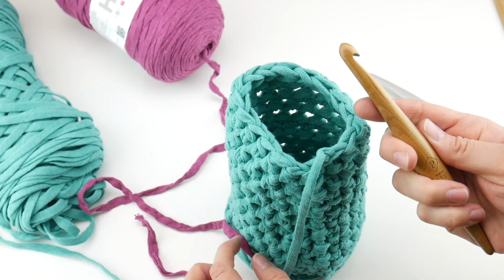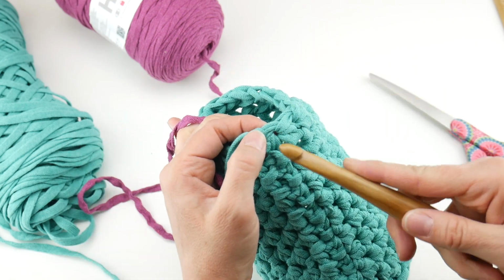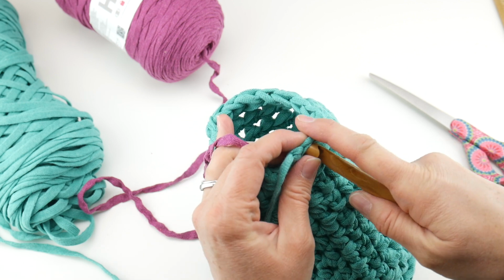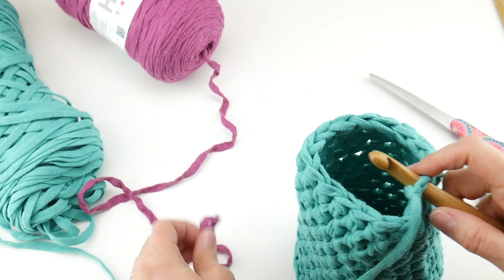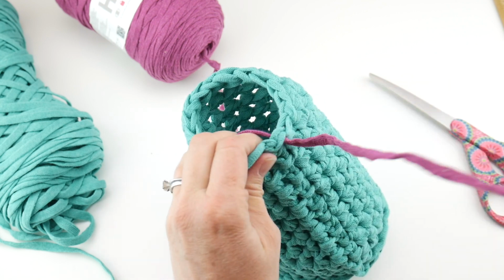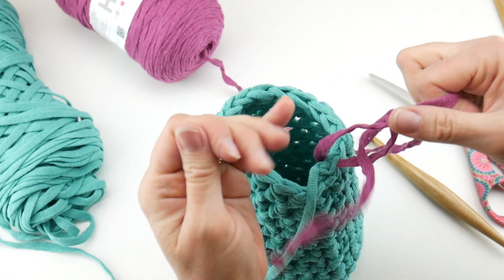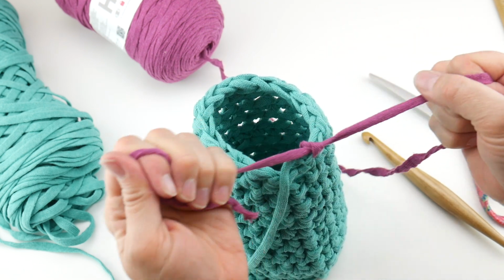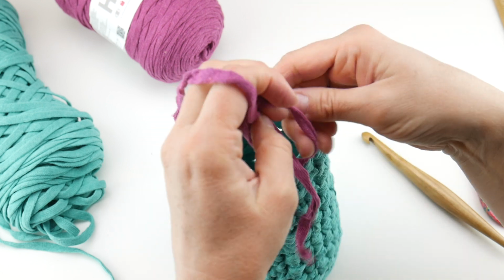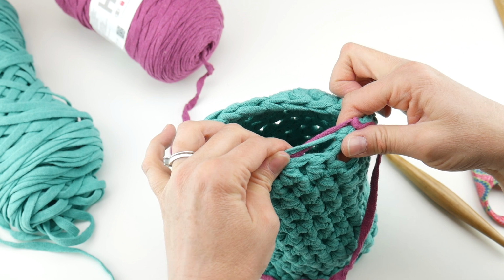So just grab your hook, and then we're going to grab the new yarn, and we're going to put our hook back into that same stitch, hook the new yarn on, and bring it through that same stitch. And then all we're going to do is just tie it right on. Now, if you have a way that you like to join yarn that you prefer, please feel free to do that. And then see these 2 tails, we're going to hold those along the edge as we work this first